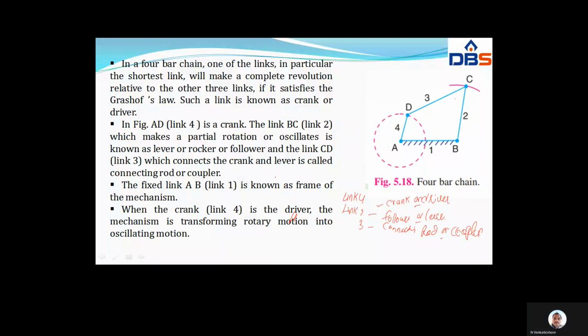So among the four, any one of them has to be fixed. So here one is called the fixed link 1. Link 1 is the fixed frame. So what is our operation? Here link 4 is the driver or crank that will turn with rotary motion, and that drives the movement of link 2 in oscillatory motion. So rotary to oscillatory motion,